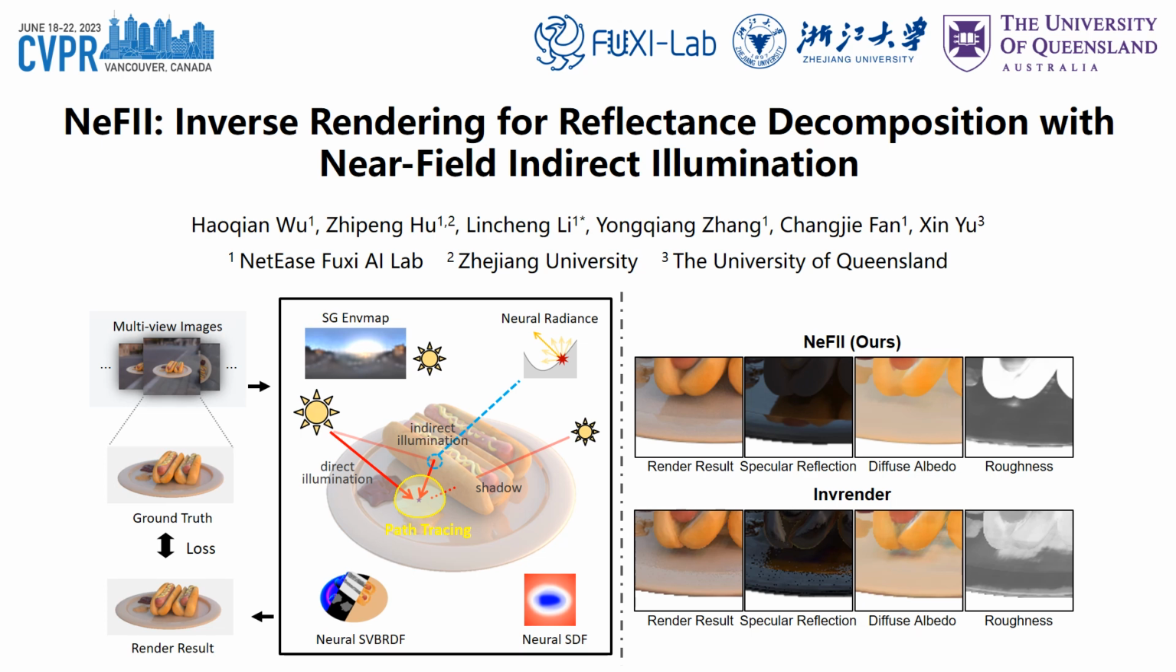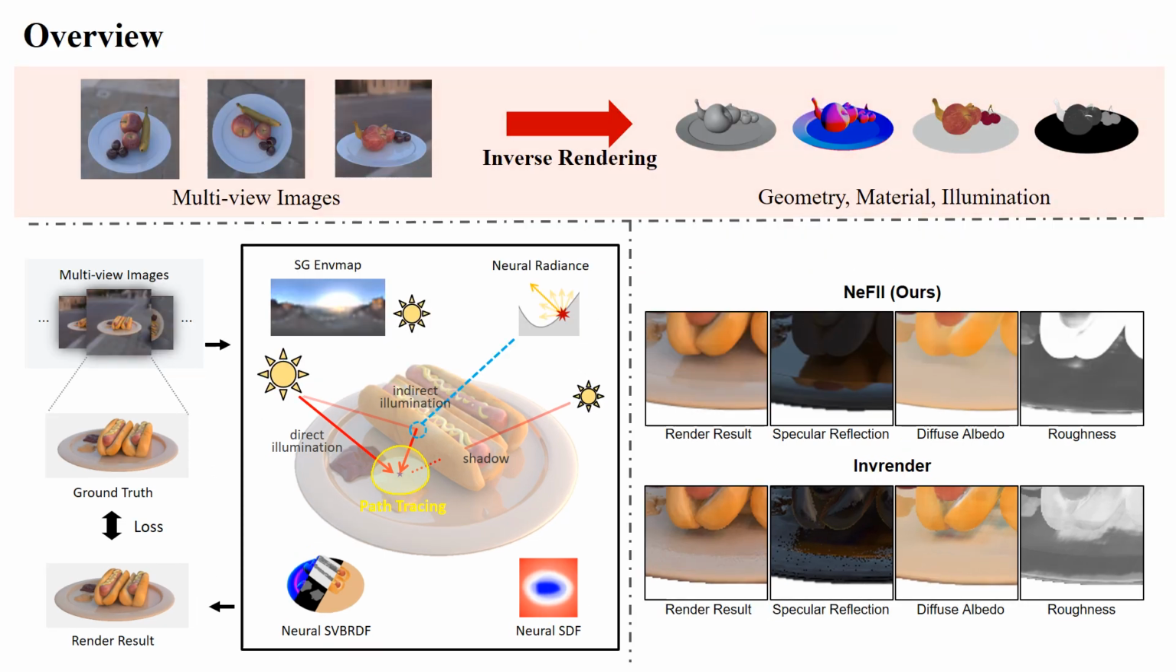We present our work entitled Inverse Rendering for Reflectance Decomposition with Near-Field Indirect Illumination. Inverse rendering methods aim to estimate geometry, materials, and illumination from multi-view RGB images. Previous works attempt to model indirect illuminations reflected from different materials via spherical Gaussians, which, however, tends to blur the